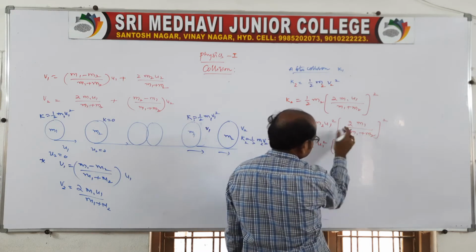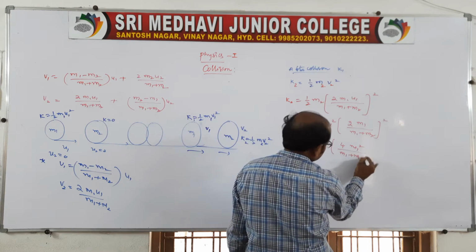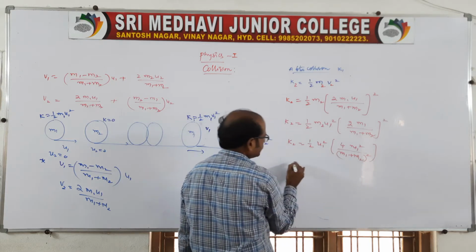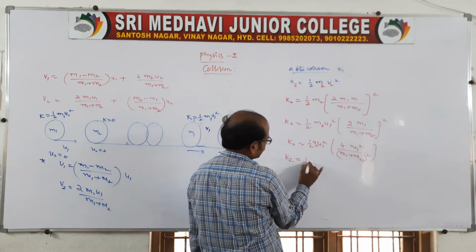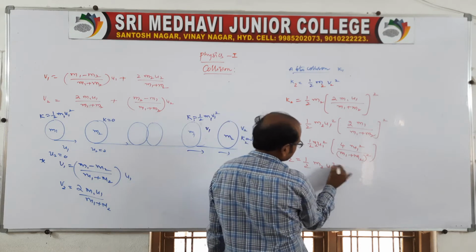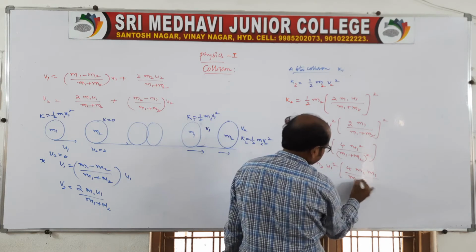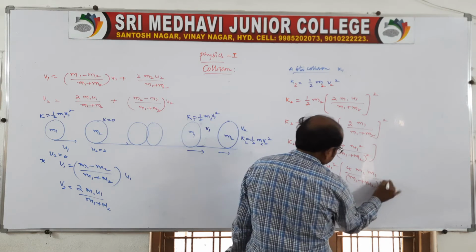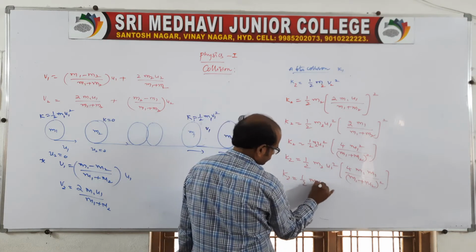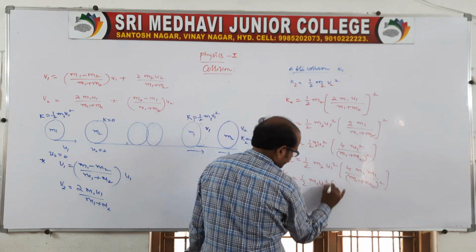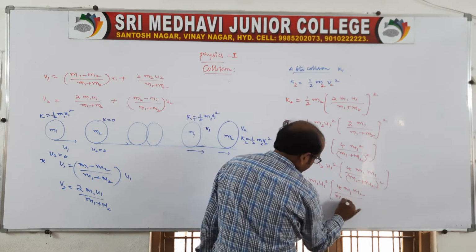So you write here 2 m1 square as 4 m1 square by m1 plus m2 square like this, and from here m2 is there, m1 you take like you write, because we should get a simplification, no? So that you take it like this for the calculation. In this you take m1 as common and you take this m2 within the bracket, like this.